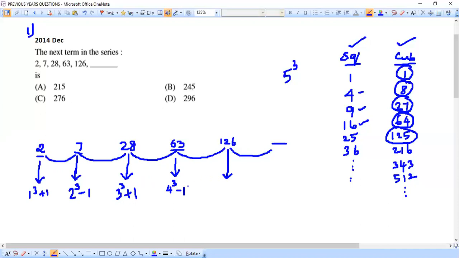I think you are clearly able to follow this. I'm going very slowly. So 125 is nothing but 5 cube, is it or not? 5 cube plus 1 is what is giving me this 126, correct? Yeah. So I think now we are able to get a clear-cut pattern, very nice pattern you see here. 1 cube plus 1, 2 cube minus 1, 3 cube plus 1, 4 cube minus 1, and then 5 cube plus 1 with which it is stopping. And what next comes that we need to find now.